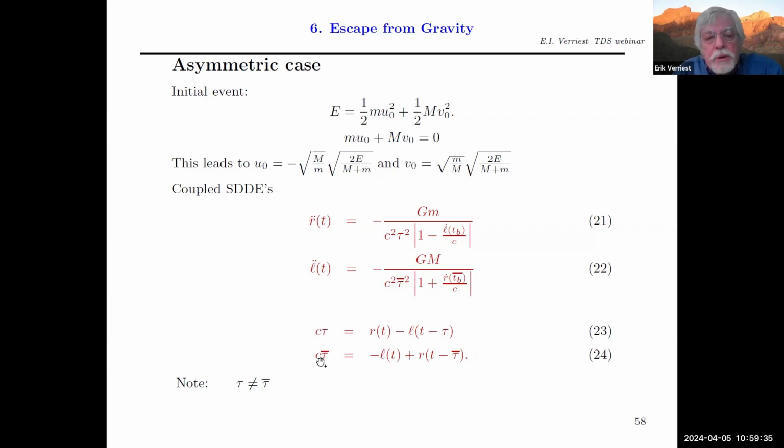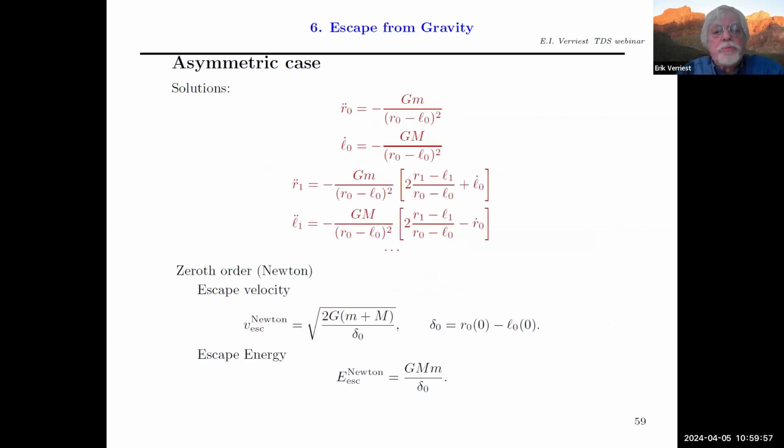If you assume that they will be equal, then r plus L at time t would be equal to r plus L at time tau seconds earlier, which means that r plus L is going to be constant, and that, of course, cannot happen in this case. So if we now compute the perturbation terms, again, this would be the two terms, the zeroth